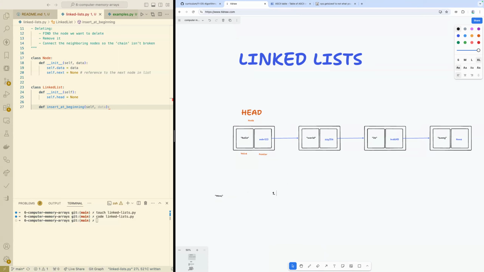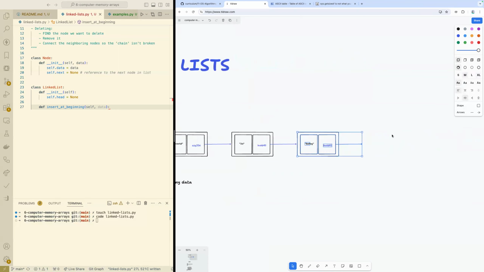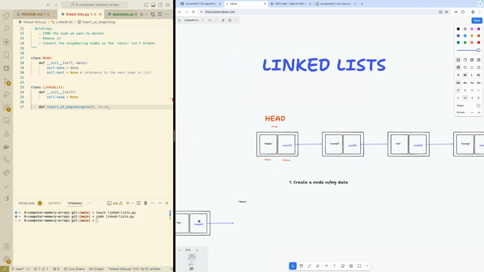Well, first I need to create a node, right? It's not going to get added, but I need to create it. So I'm going to borrow this one and duplicate it, and we'll drag it over here. And it's not linked to anything yet. But now my node says Y. Now that I've created my node,